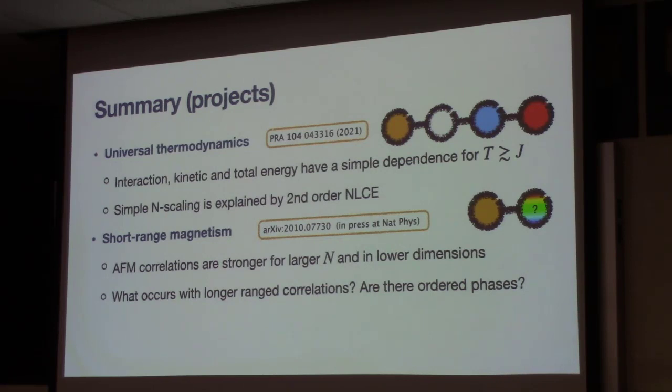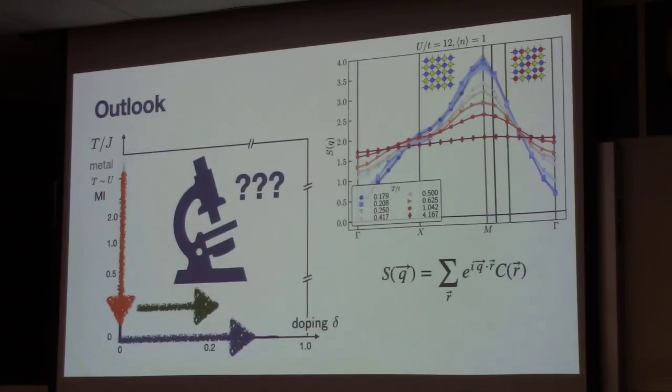Are there ordered phases? So just to illustrate where we are going, if the orange line denotes what I talked to you about today, I drew two lines here. What we're exploring now is what happens also at T equals 0, and this is where Ettore's help has been amazing with the CPQMC. And then we also would like to see what happens when we dope the systems, both at T equals 0, but also at finite temperature. And here I have some results, for example, on an SU(3) system, what happens to spin correlation functions, the structure factor, as we lower the temperature.